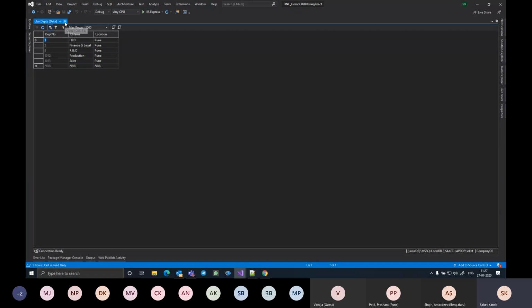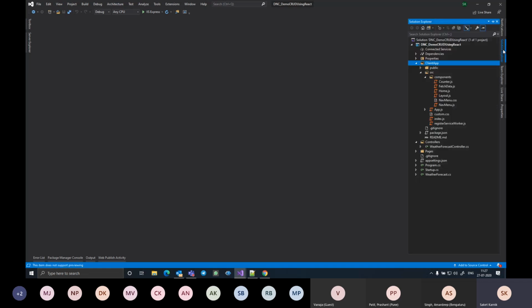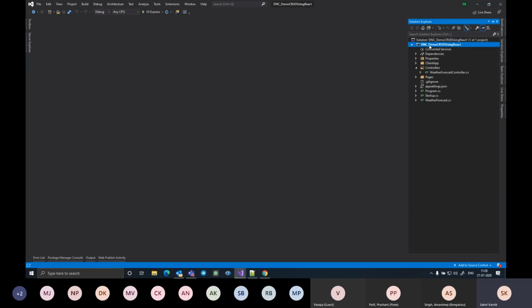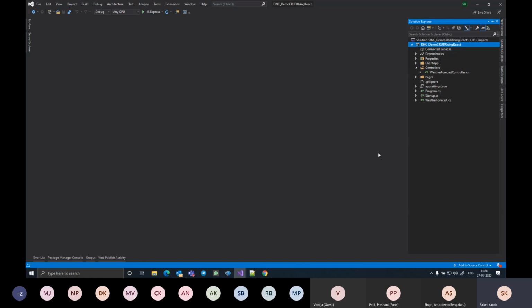Okay, so now I want the web API to consume this data and provide me the CRUD operations against it, for which I'm going to use Entity Framework Core. And Entity Framework Core provides me the code first strategy based implementation to communicate with the database. So for that, the first thing I'm going to do is right click the project in Solution Explorer and say add new folder